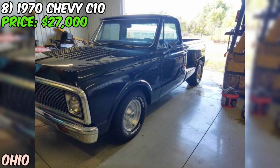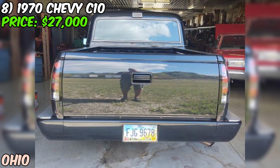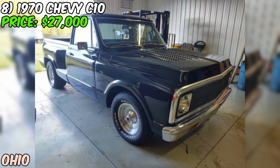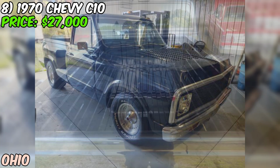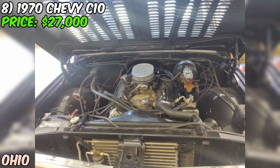I've got to be straight with you though. While $27,000 is serious money, the market for well-built C10s, especially with big block power, has been pretty hot. The combination of the 454, 400 turbo, and Vintage Air shows this truck has had some thoughtful upgrades. The seller mentions that both interior and exterior are very nice, and that it needs to be seen to be appreciated. While I wish we had more specific details about the build, these early C10s, when done right, are becoming